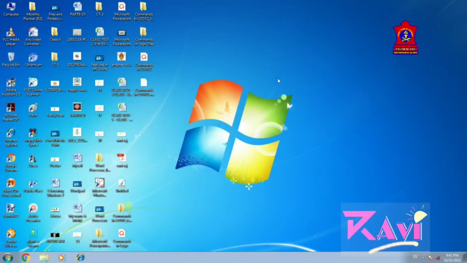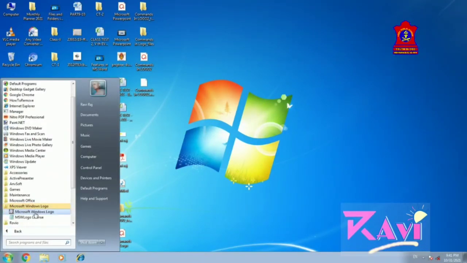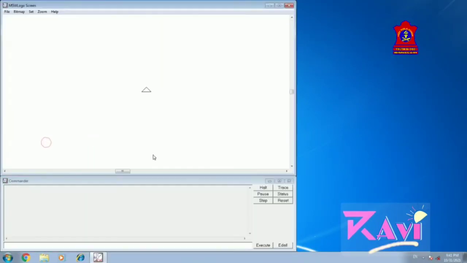Now at last we are going to learn how to make a figure using logo. So let's start. See here, we have started MSW logo, and very quick, we are going to make a square. So first, to draw a square, what we require, FD 100, enter.